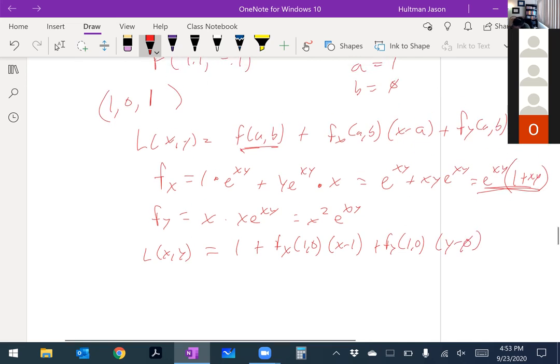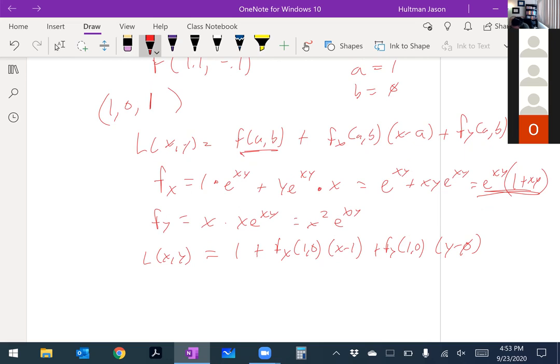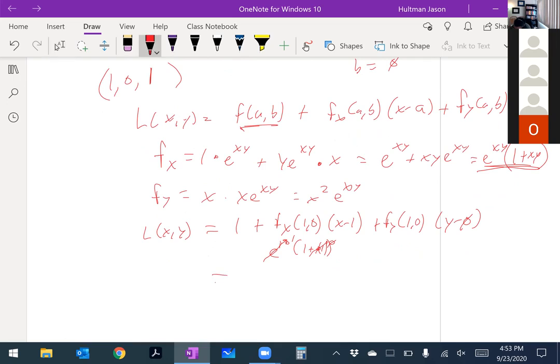What is this going to be? Plug in 1 and 0: e to the 1 times 0, times 1 plus 0 times 1. That whole thing goes to 1. So this just becomes 1 plus x minus 1 plus